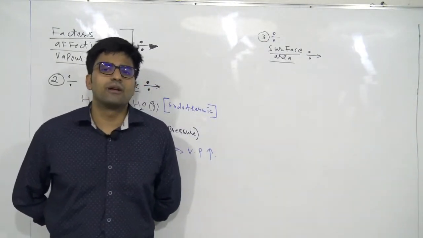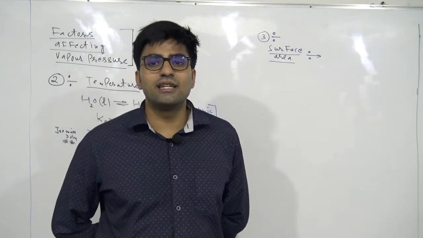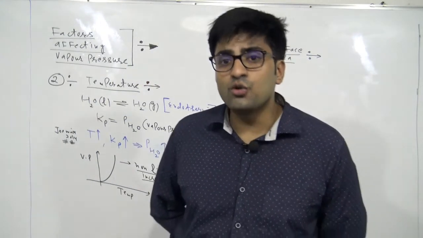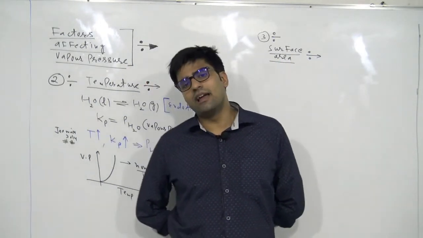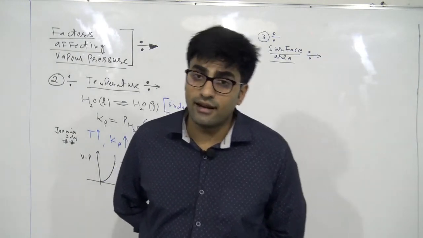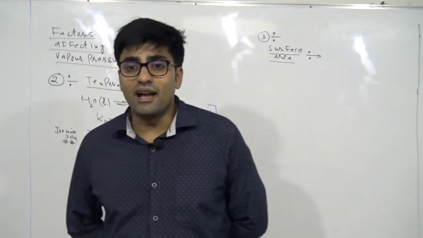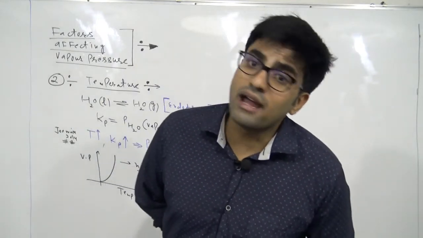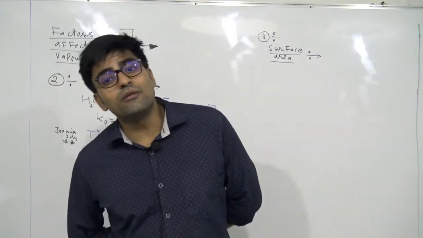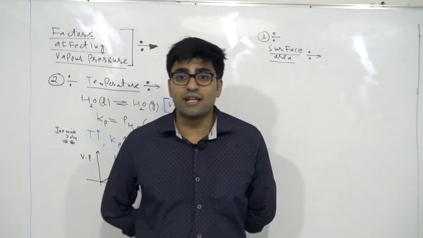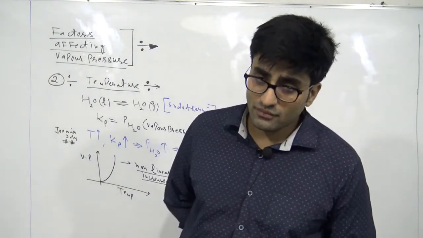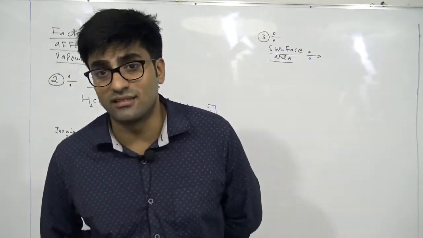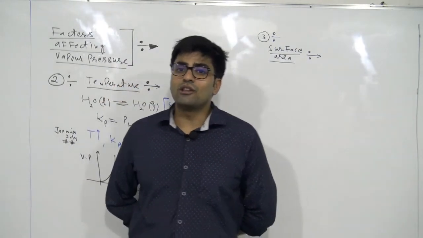Okay, what is the condition of equilibrium? Rate of evaporation is equal to rate of condensation. So when you are increasing the surface area, yes, I agree with you that the rate of evaporation will increase. But guys, to attain the equilibrium, if forward reaction will increase, then backward reaction will also increase. So if rate of evaporation will increase, simultaneously rate of condensation will increase. Okay, so what will happen? Both of them will increase